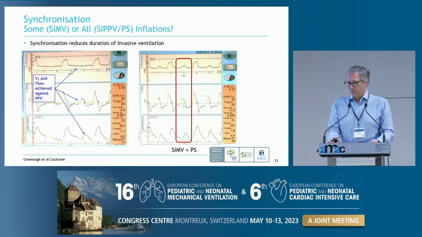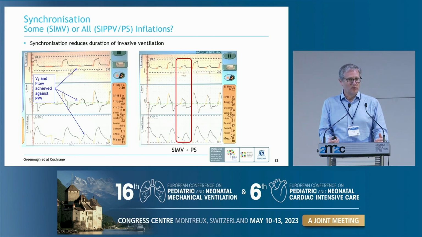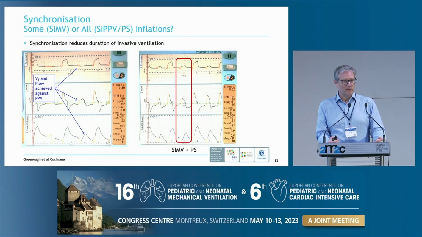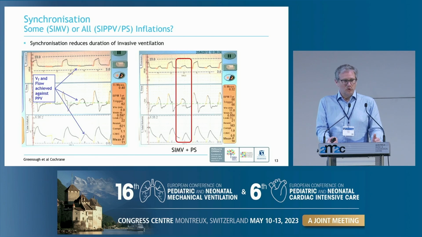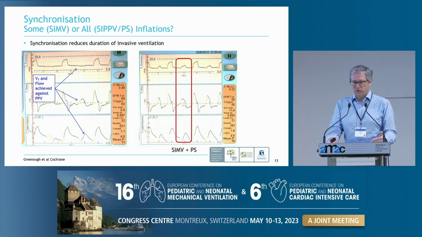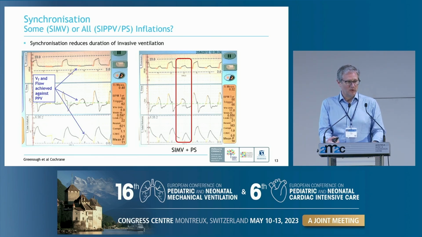So I think from that position, I would strongly advocate that in a neonate who has an altered chest wall compared to an adult and a child, and an inability often to maintain their tidal motion as well as a child, that we should support every breath when they're intubated with synchronisation and not support some breaths. So most of us now would use or would advocate assist control, pressure support, SIPPV or PTV, depending on your mode of ventilator, rather than just isolated SIMV alone.